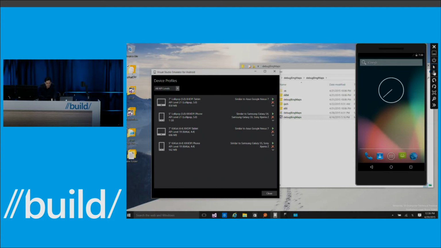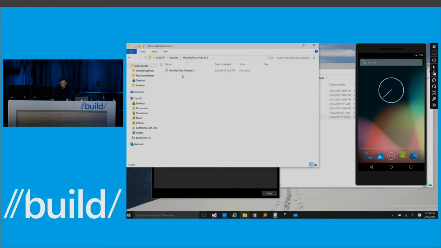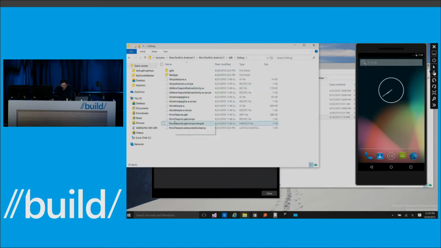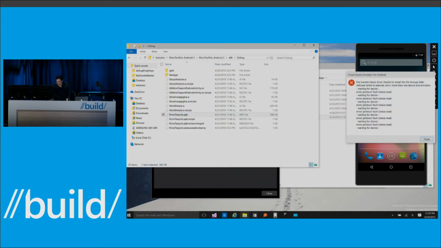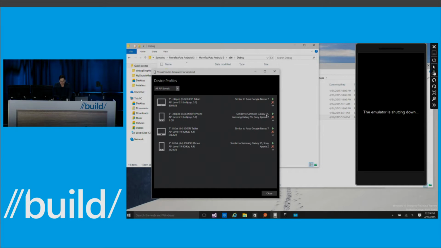So what I'm going to do now is I'm just going to take a sample, and in this case, I'm going to take a C++ component, the x86 version of it, and I'm just going to drag and drop an APK directly onto the Android emulator. I did this before. I need to unattach the device.